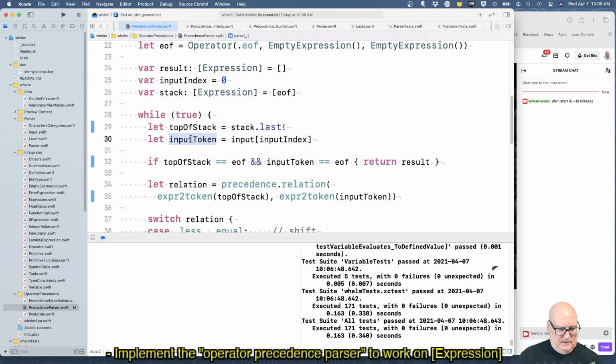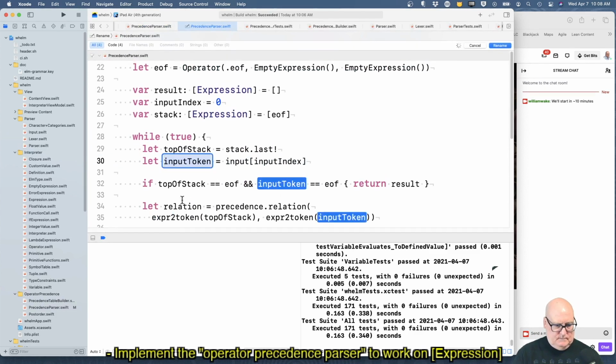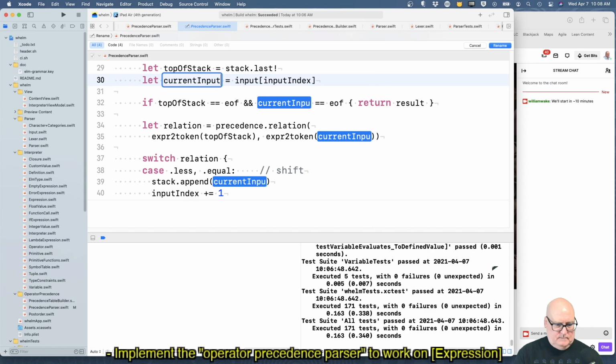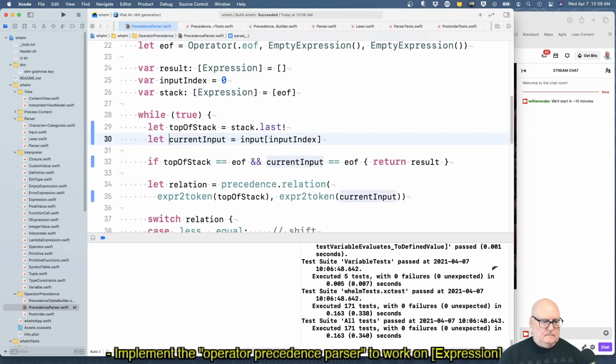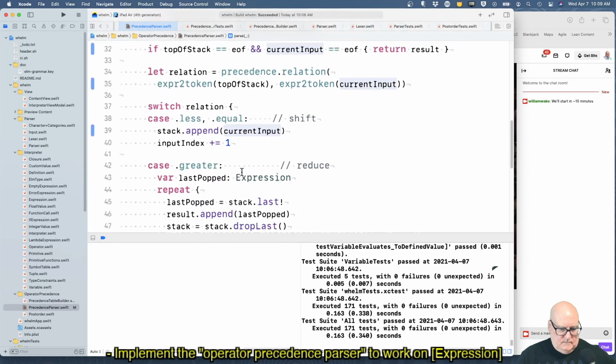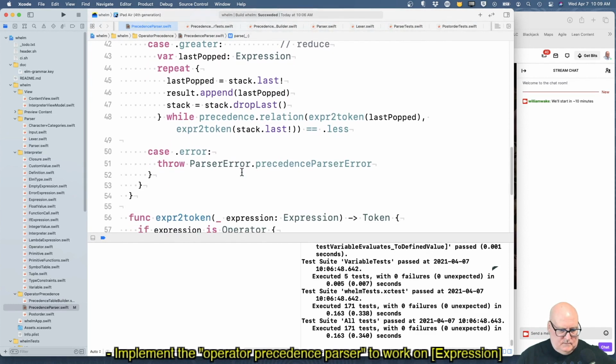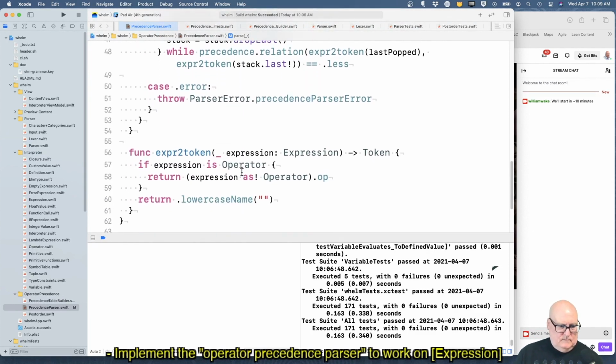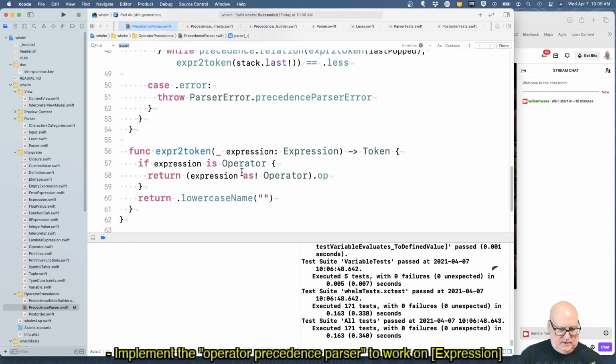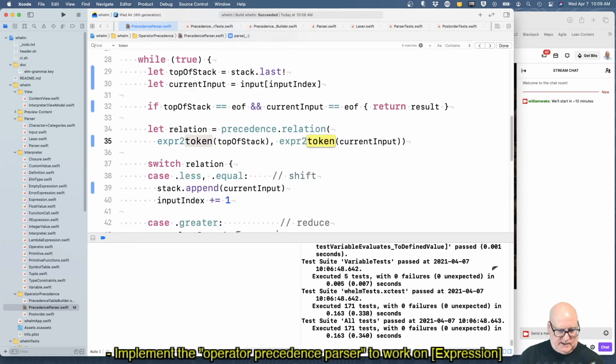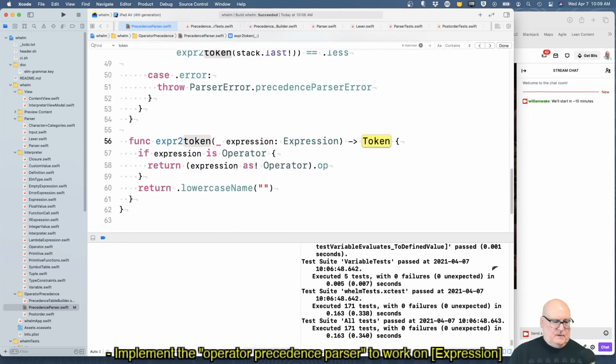And this is current input. I think the only tokens are export to token. Yeah. Cool. Okay, so make sure that works.